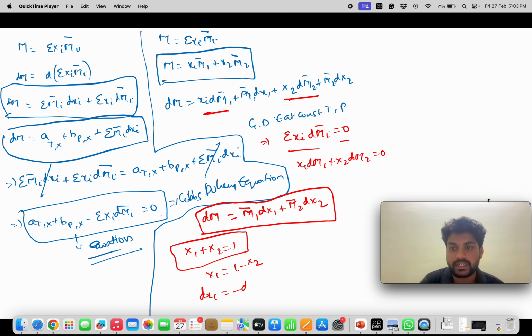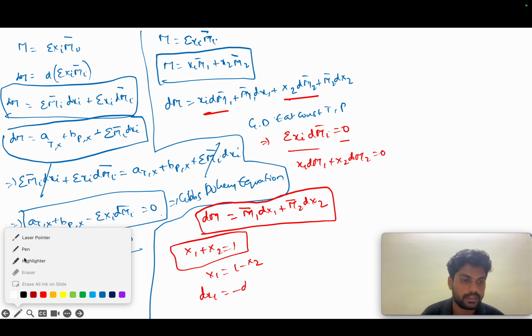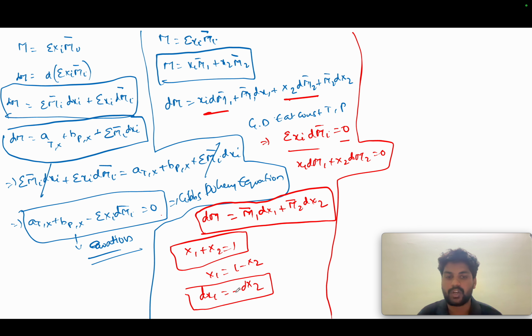Yeah, you can see the screen, right? Again, I pressed something wrong. Sorry for that disturbance. So dx2, so if I apply this here, in here, so it will be